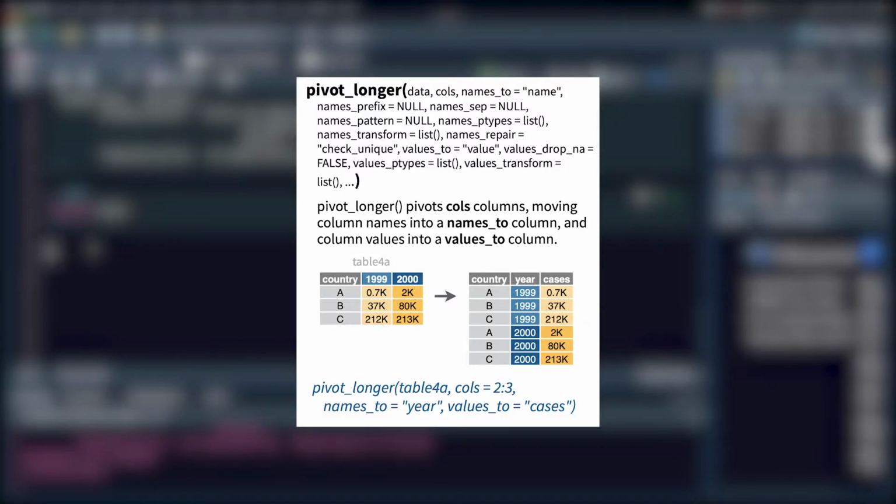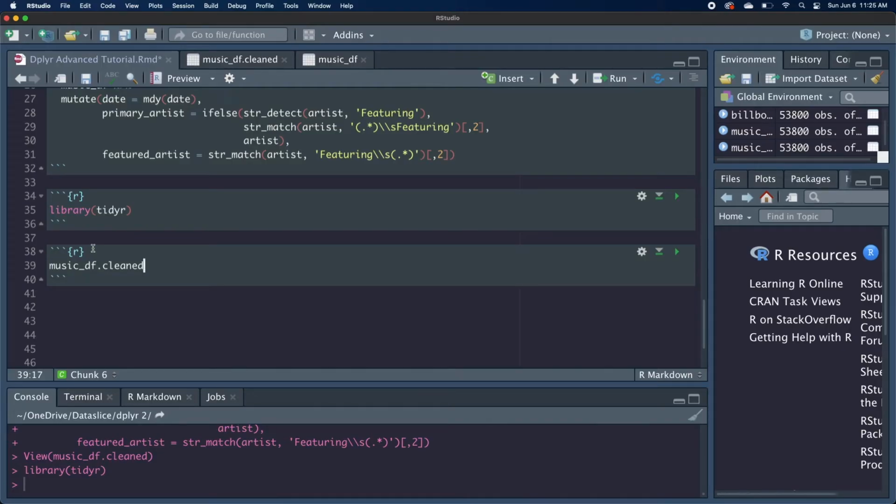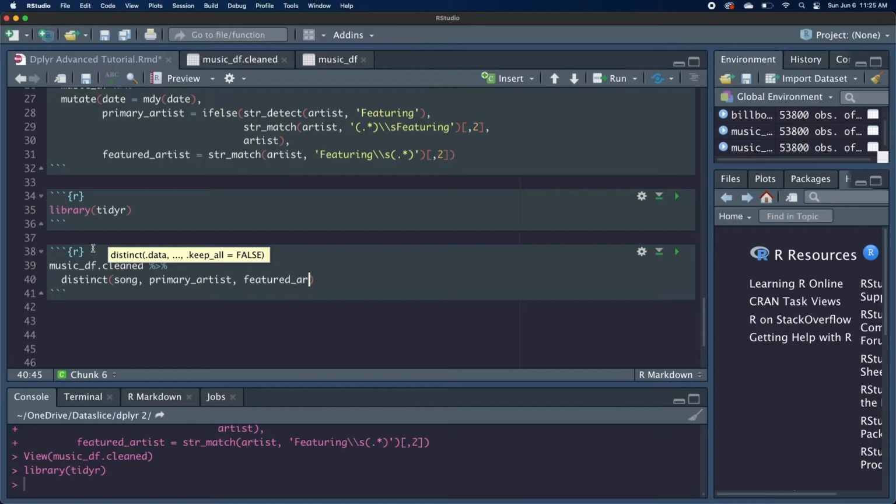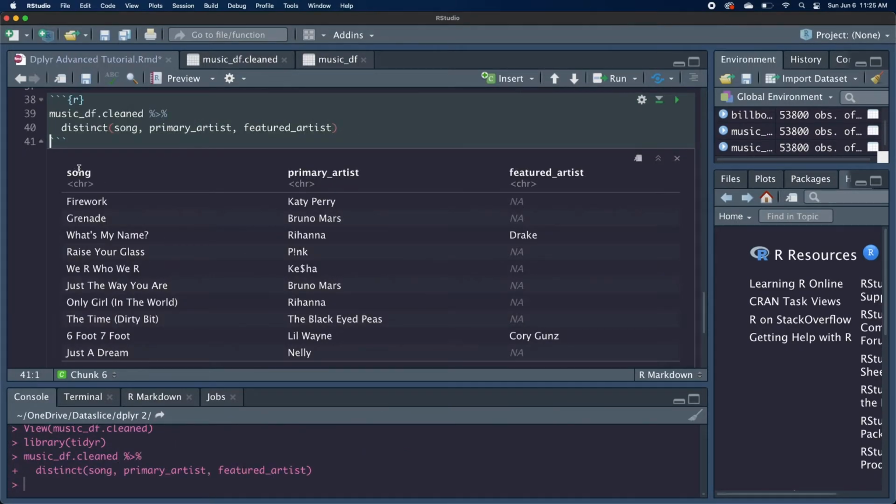Pivot longer converts your specified column names into one column, and it puts the respective values into a new column. So we'll grab our musicdf dataset, and let's just take a look at the distinct song, primary artist, and featured artist, just so we don't have a ton of duplicate rows. Now, like I mentioned, we want to end up with just a song column, an artist column with all of the artist names, and then another column, let's say artist type,